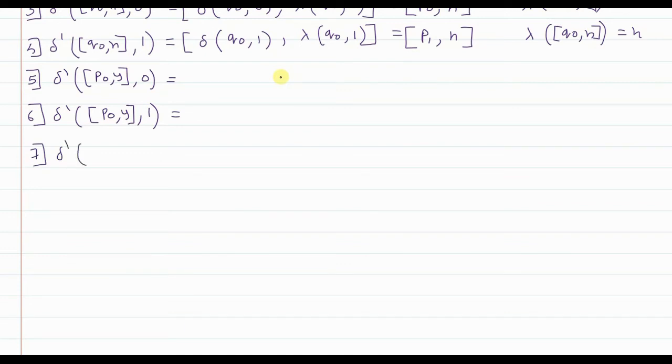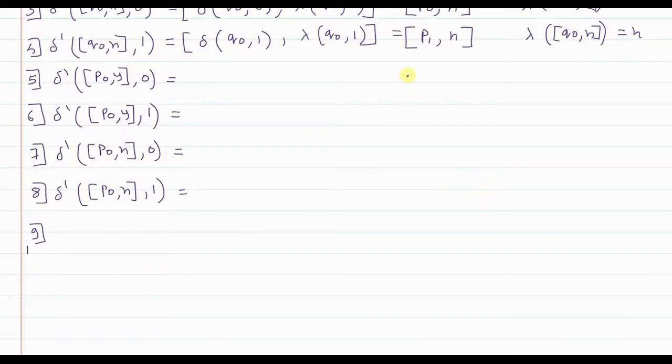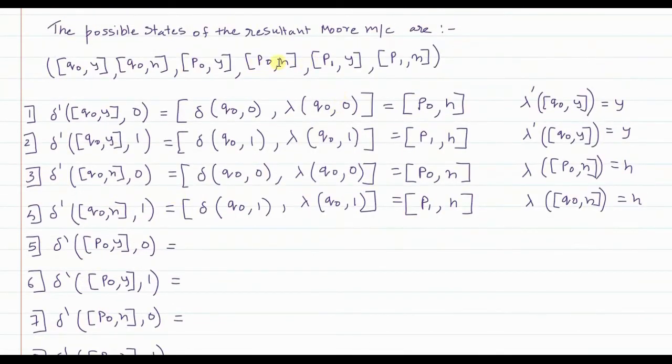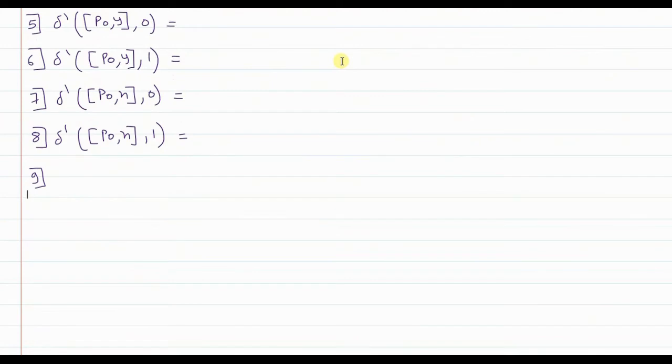Then we will find out δ' of P0n on reading 0, and then we will find out δ' of P0n on reading 1. Then P1y on reading 0, P1y on reading 1.